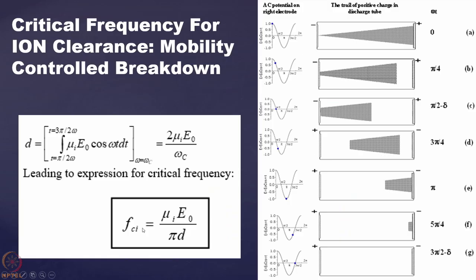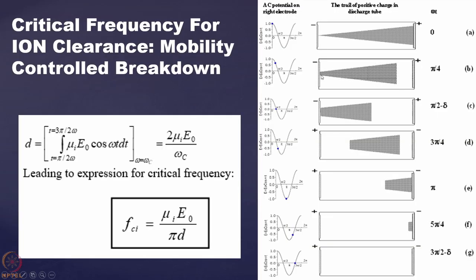Now, you see one thing actually. Suppose the breakdown has taken place and the ion distribution is like this, and this happened at omega t equal to 0. Then omega t equal to pi by 4 is here, omega t equal to pi by 2 is here. Just look at my cursor. As time is proceeding, say omega t equal to pi by 4, t equal to pi by 4 omega, this has moved like this, and this much is collected.